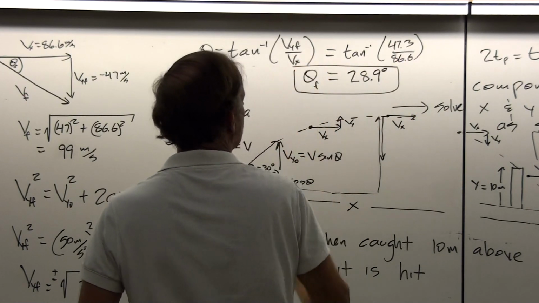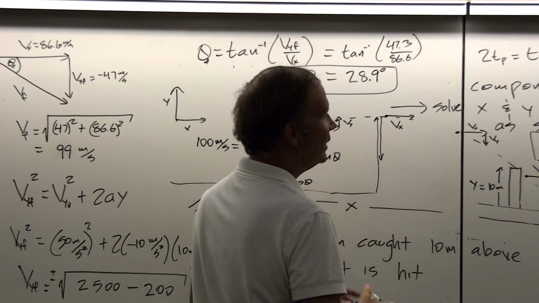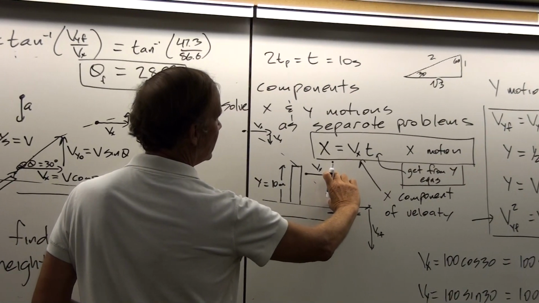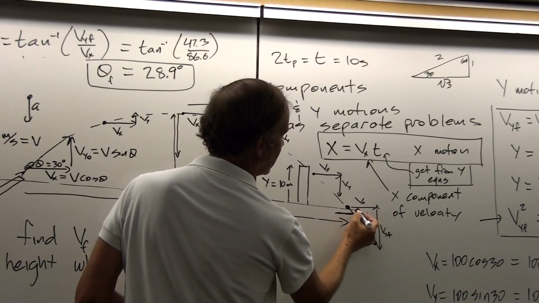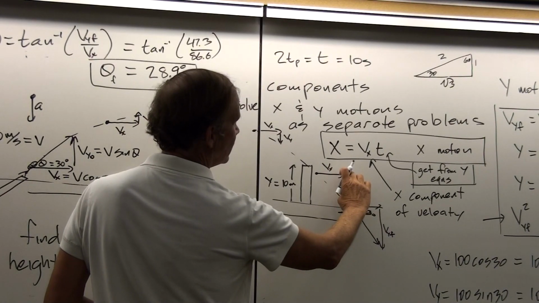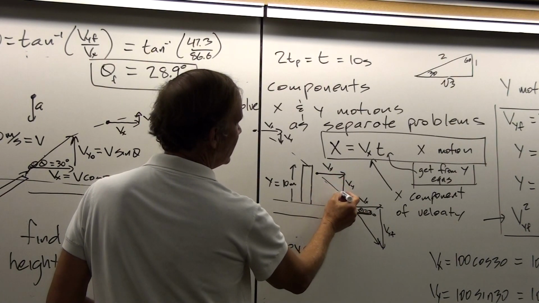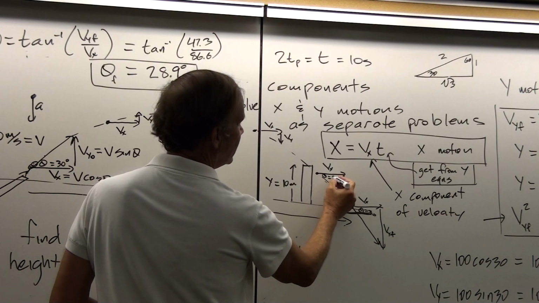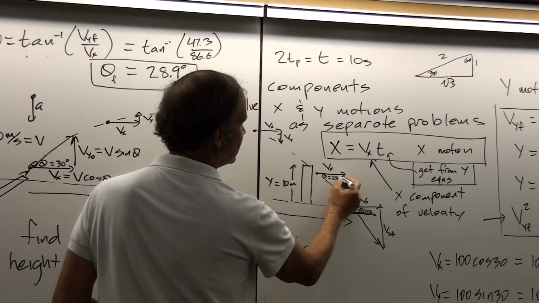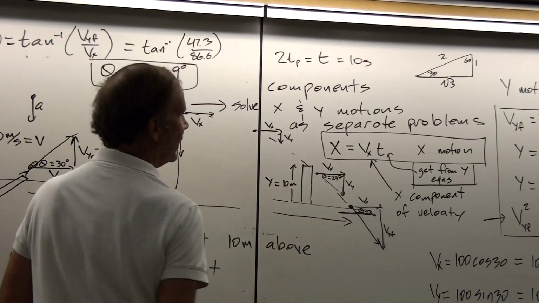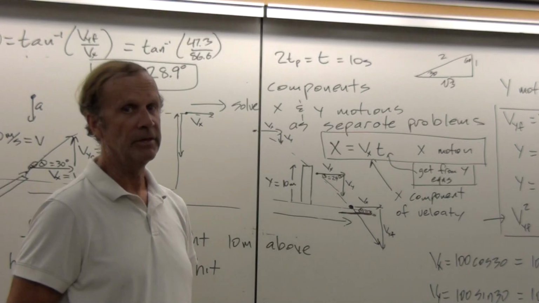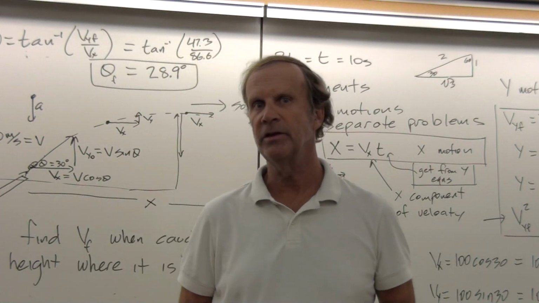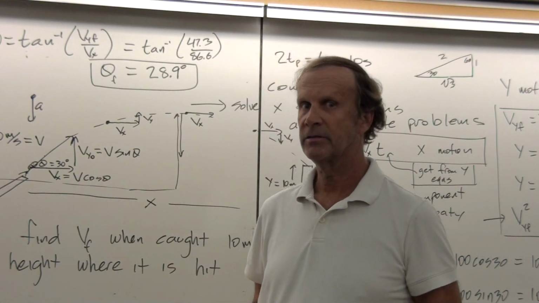Now this, I think you can make an argument, is also a reasonable answer because Vy has not quite expanded out to the full value that it would have, and here it would have to be 30 for the angle. So if Vy isn't quite negative 50 yet, then this angle here, 29 or 28.9 degrees, is about right. So that's a reasonable result. And so that's something that in so many of these problems we can do. We can look and see whether our answer is reasonable, and that way we can catch errors.